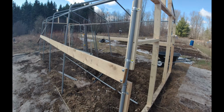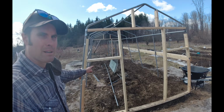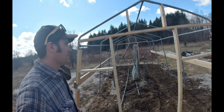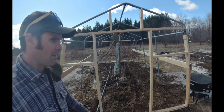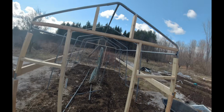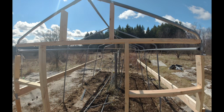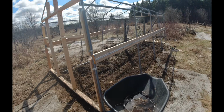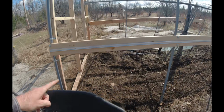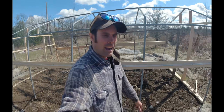I just want to show you guys what I did on the greenhouse carport conversion the other day. I've got the sides all on, both sides. I got this door framed up here. It's looking pretty decent. I'd made it a little wider, so I want to make sure I could get a wheelbarrow in there if I needed to add some more compost and whatnot in there. I'm going to put a window up here with hinges so I can open it up. Got some old windows from my old rental house. This side we got done up here as well. I got some channel lock on. I just need to get some more screws to secure it a bit more. And then over here as well,